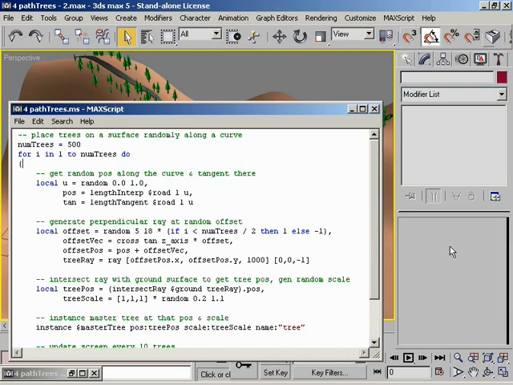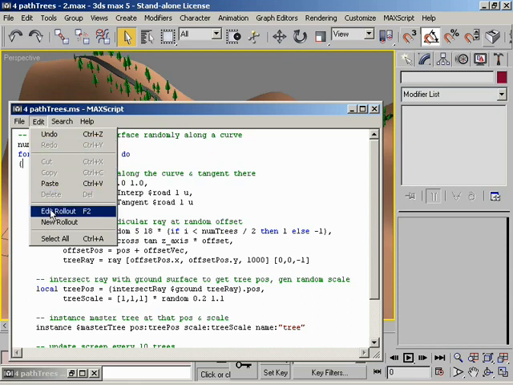I think this is a cool enough script to warrant wrapping in a UI, but let's do it this time with the Visual MaxScript rollout editor. In the Edit menu of a script editor, there are two Visual MaxScript items, Edit Rollout and New Rollout. If you click anywhere inside an existing rollout definition, you can use Edit Rollout to edit the UI control layout in Visual MaxScript. We don't have a definition yet, so I'm going to create one with New Rollout, and this